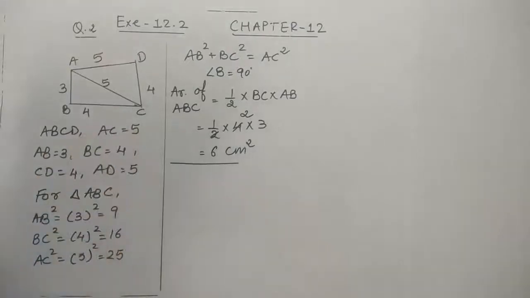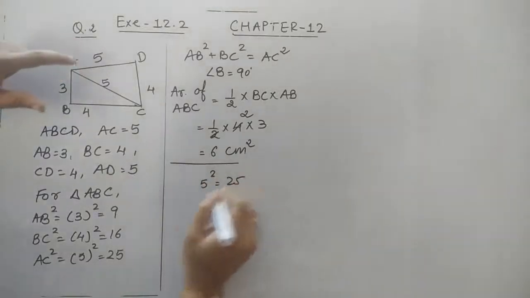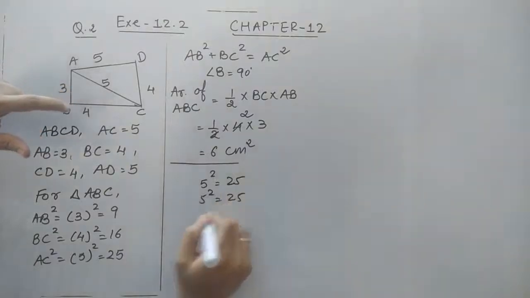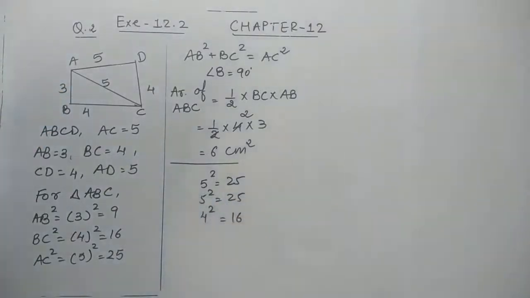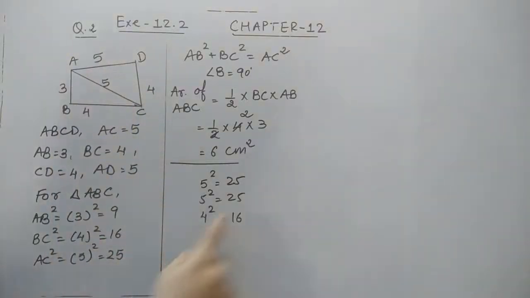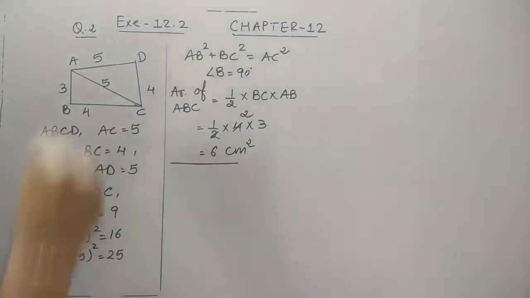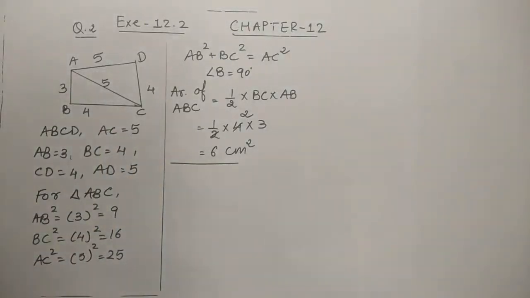अगर हम ADC के लिए चेक करना चाहे कि वेदर इट इज अ राइट एंगल और नॉट, तो हम सिंपल समझ सकते हैं कि 5 का स्क्वायर करेंगे 25, फिर ये 5 का स्क्वायर करेंगे 25 और 4 का स्क्वायर करेंगे तो 16. सो वी कैन सिंपली सी दैट कोई भी दो का सम तीसरे जितना नहीं आ रहा है. मैंने ये तीनों स्क्वायर इधर इधर और इधर किया, दिस 3. सो वी कैन आइडेंटिफाई दैट कोई भी दो स्क्वायर के साइड का एडिशन तीसरे जितना नहीं आ रहा है. सो इट इज क्लियरली अंडरस्टूड दैट दिस ट्राइंगल ACD is not a right angle triangle. So obviously the area can be find out using the Heron's formula.